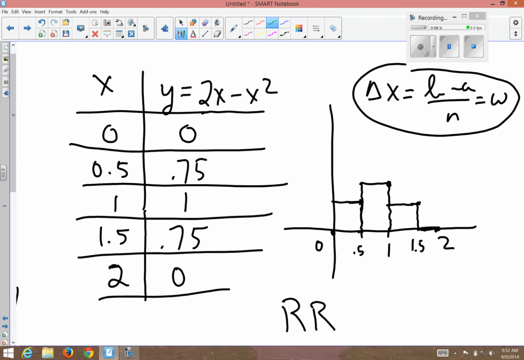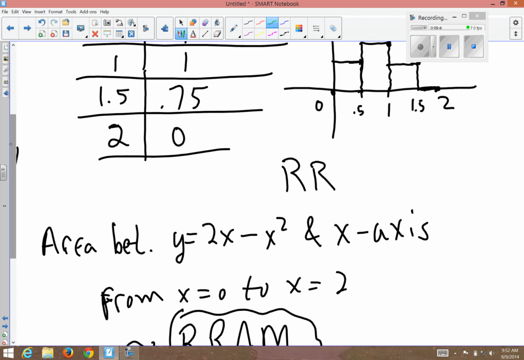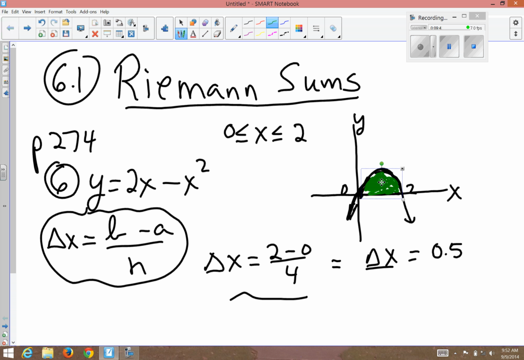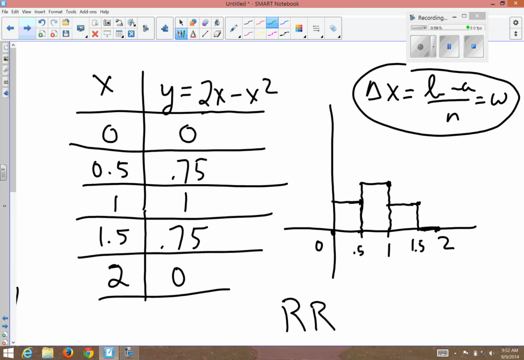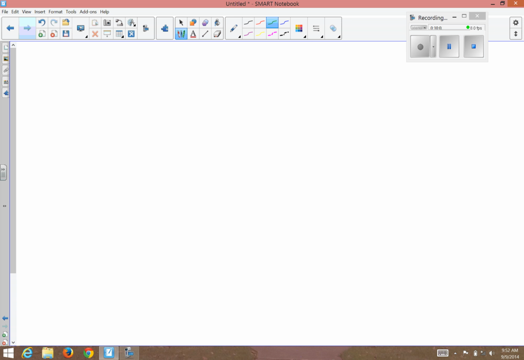I forgot what it is. 1.25 square units. Of course, it's not exactly that, because we added rectangles. So that's it. 1.25 is the right rectangle approximation method. It also says to find the midpoint approximation method. So continuing exercise 6,